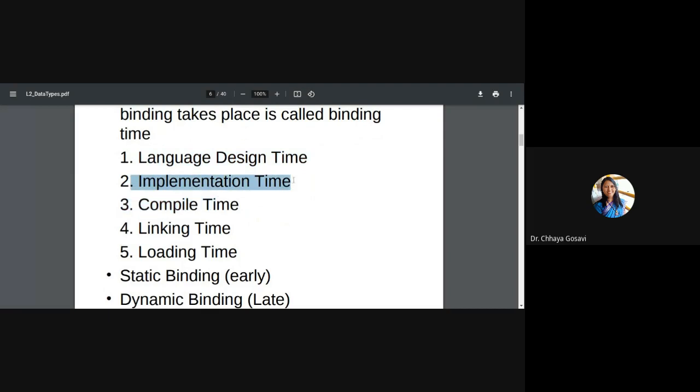Then implementation time binding. Implementation is how many bytes should be allocated for each type. For example, in C language, we allocate 2 bytes for an integer, and in Java, we allocate 4 bytes for an integer. So at implementation time, it is decided how much memory should be allocated for a particular variable, or how that variable should be stored in memory. For example, for floating point, in hardware subjects you are going to learn there are different ways to store a floating point number in memory, like single precision and double precision.